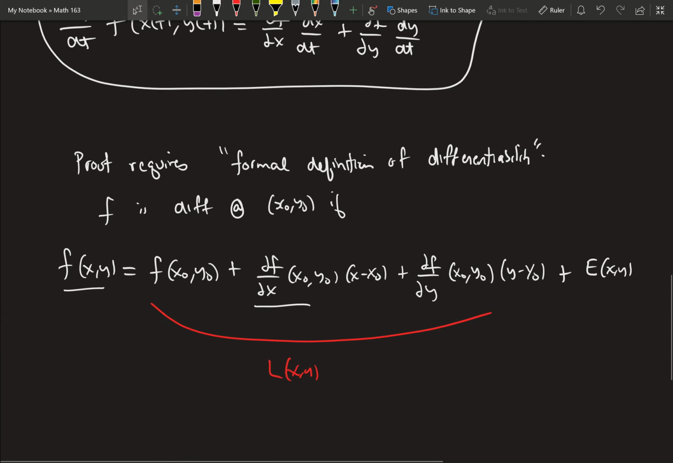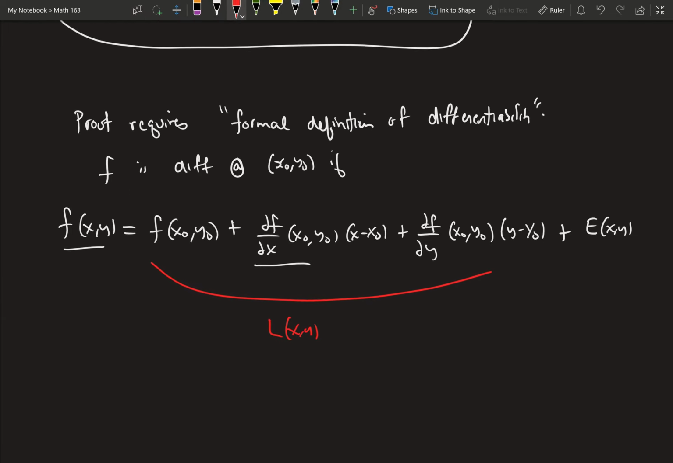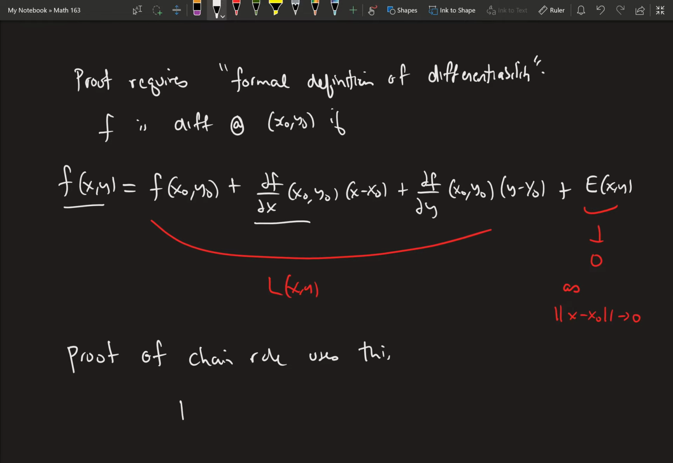So there are some conditions where this has to go to 0 as the length of x minus x naught goes to 0. So there are some relationships there, which I'm not stating in their full form, but we use this in the proof. The proof of the chain rule uses this, where essentially we plug in